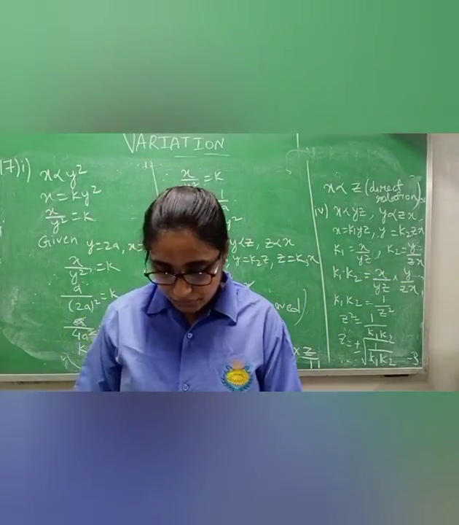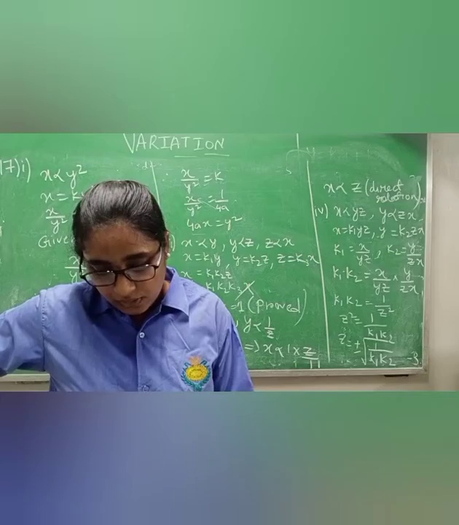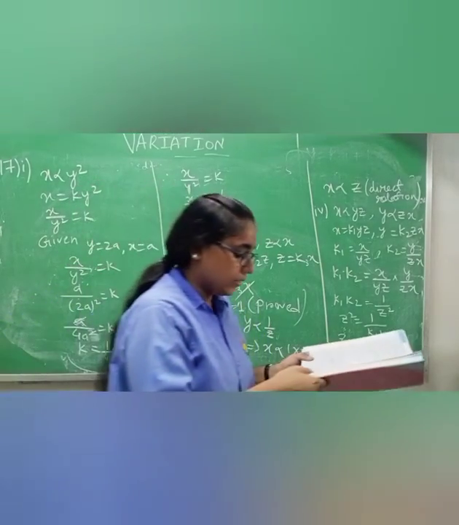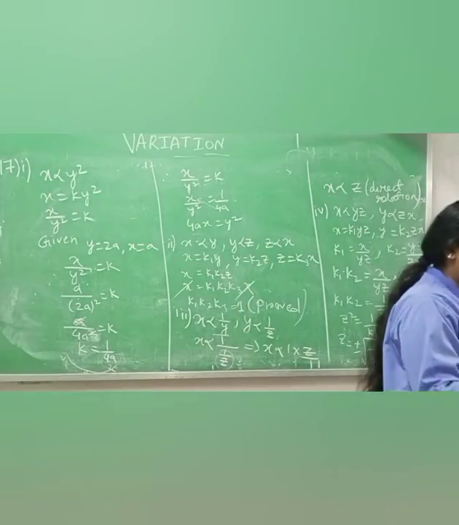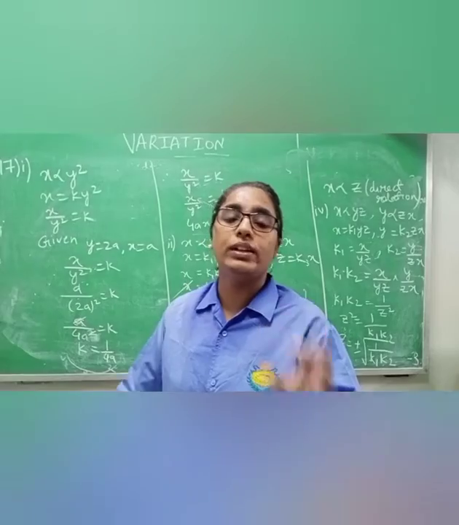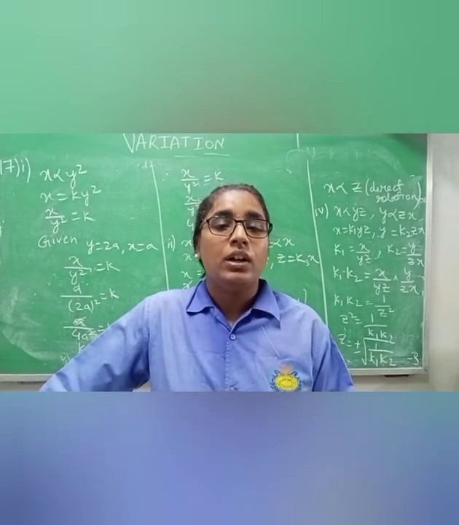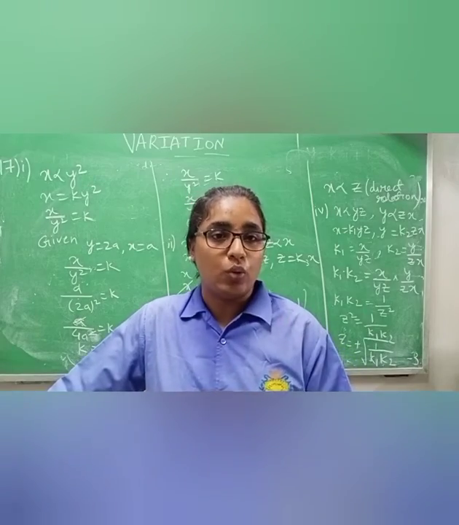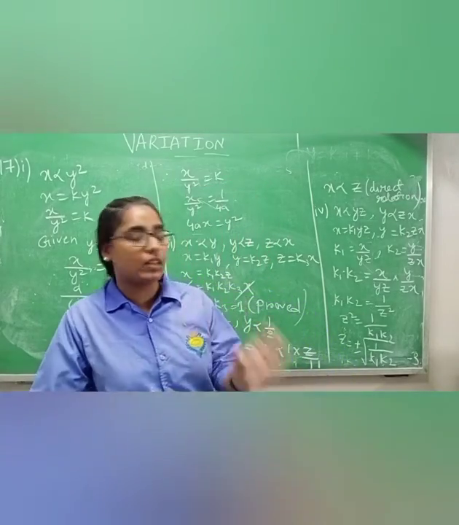Okay. Now question number 4. If x varies directly with yz and y varies directly with zx, let us show that z is a non-zero constant. Non-zero constant means z value will be greater than 0 or less than 0, not 0. Okay, means z value you have to find in this one.